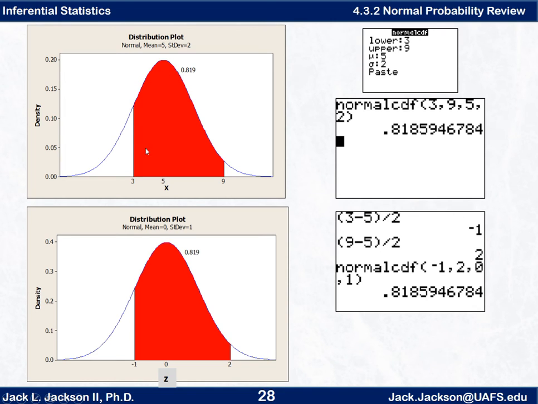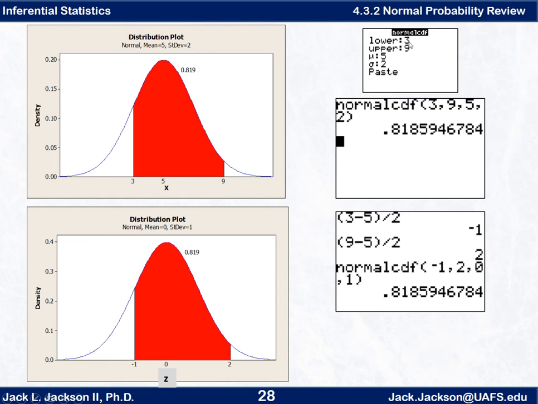The one on the top is the normal distribution with mean 5 and standard deviation 2, for example, and we want to find the probability between 3 and 9. So if you do distributions, which is, I think, second variables on the TI-84, it'll come up with this thing here, and you select normal CDF, which I think is the second one, and then it'll ask you for lower, which is 3, upper, which is 9, mean, which is mu, which is 5, standard deviation, which was 2, and then hit paste,